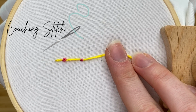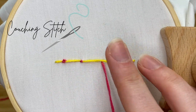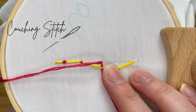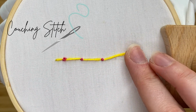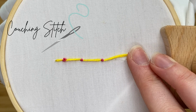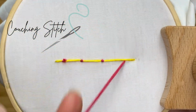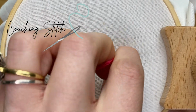And then you're going to come up again to create your third stitch, wrap it round the straight stitch and back down again, and then create your fourth stitch, to come back up just around the other side of the straight stitch